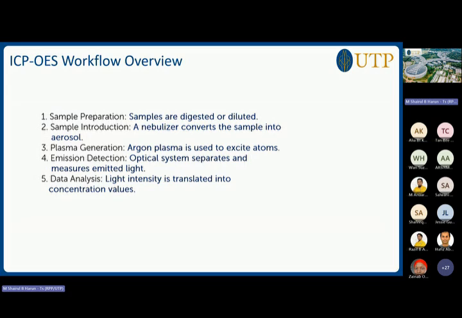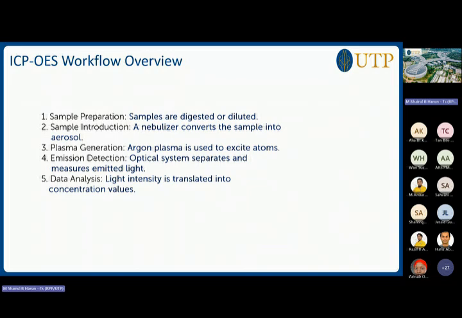This is the workflow overview. First step is sample preparation. Samples are digested or diluted. And then for the sample introduction, a nebulizer converts the sample into aerosol, or we can say spray form. And then for the plasma generation, argon plasma is used to excite atoms, and then emission detection, optical system separates